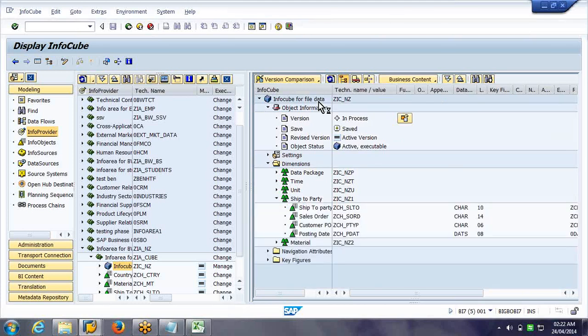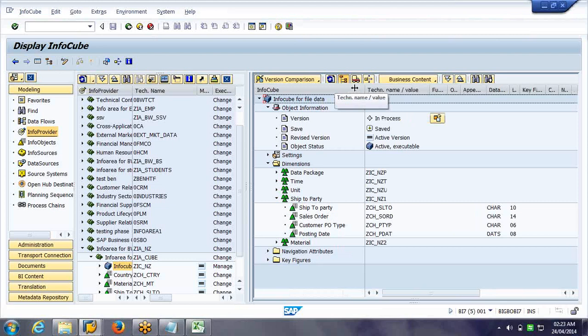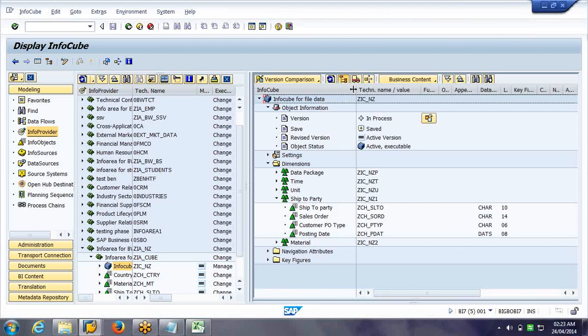Am I including only ship to party, or will those attributes be included? If you take the cube design, I'm including only the ship to party, because my transactional data is not having these attributes, like address and country. My transactional data file was having only ship to party, material and other information.